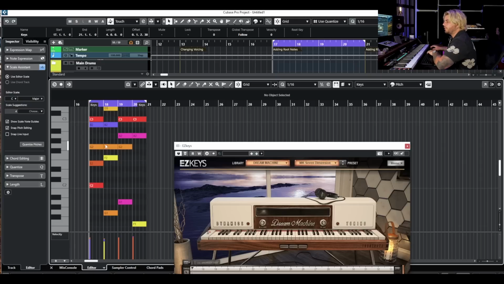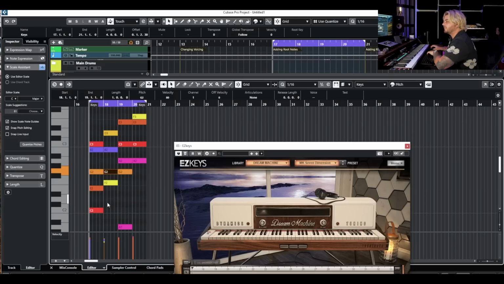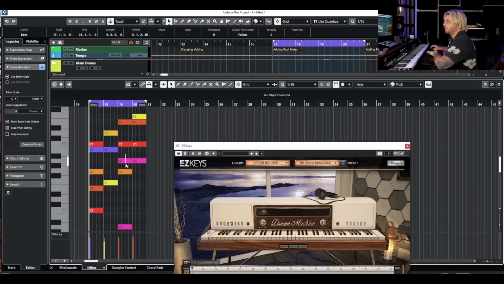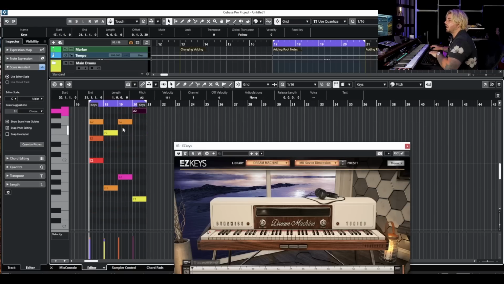So you can remove certain notes in other areas just to keep those chords, voicings and inversions feeling a little bit different. Now that we've got this G in the root note, we don't necessarily have to have it here. Now that we've got this A in the root note, we don't have to have it here. And now that we've got this F in the root note, we don't have to have it on top. So again,